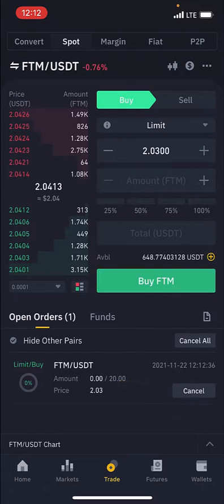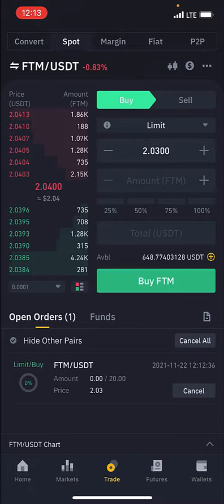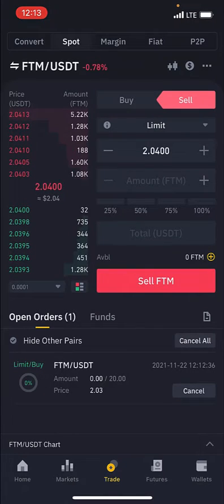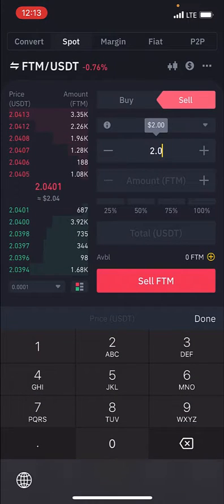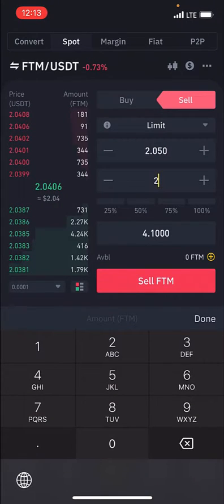So if the price ever gets down to 2.030, this order will be executed, and the USDT which I spent right now will be converted into FTM. The same thing goes for selling. So if the price goes down to 2.030 and I now want to sell, when the price comes up to 2.050, I can also say I want to sell my 20